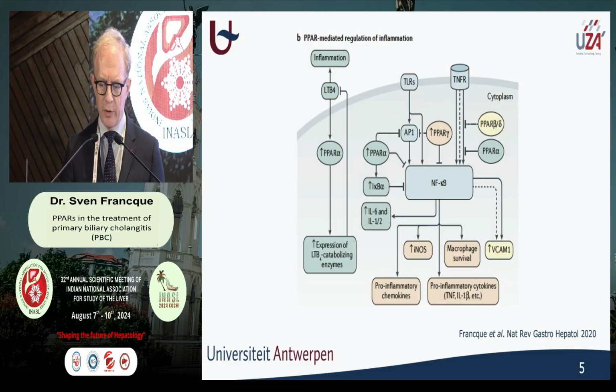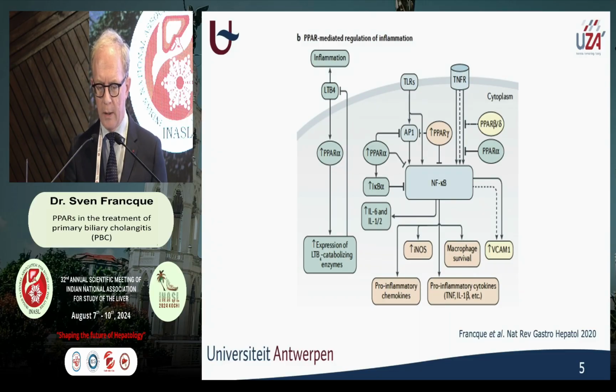is the anti-inflammatory effect. And what you can see here on the cartoon, first of all, PPAR alpha will increase the expression of enzymes that catalyze leukotriene B4, which is an important inflammatory prostaglandin. PPAR alpha will also, via the TNF NF-kappa B pathway, have an anti-inflammatory, so an inhibitory effect, and also TNF NF-kappa B activation via the toll-like receptor and activated protein 1 is inhibited by PPAR alpha. PPAR delta will also have an impact on the NF-kappa B pathway, mainly related to the